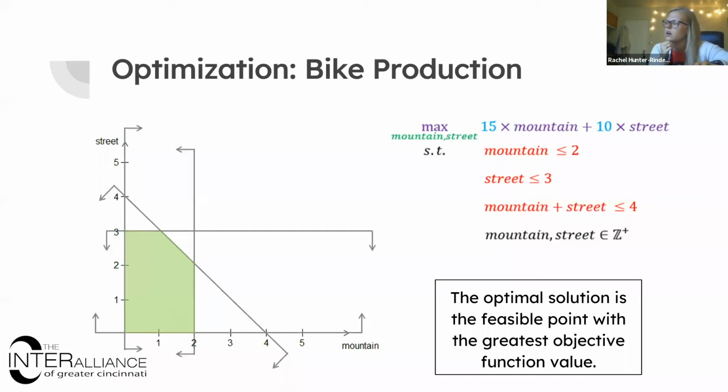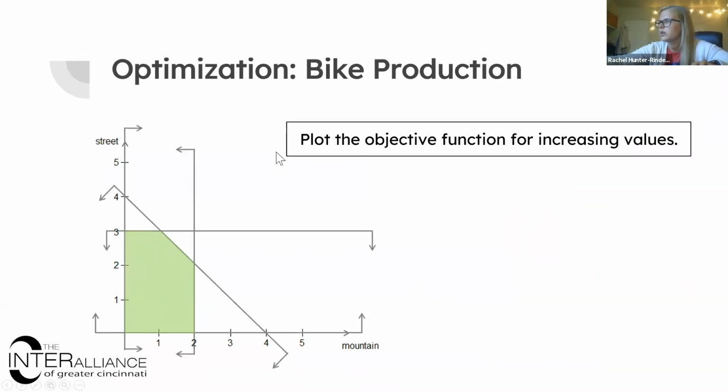The feasible region is where those combinations of decision variable values are considered feasible. They work with the constraints. And what we're going to consider the optimal solution, or the answer that we want to go with, is the feasible point, the allowable point, with the greatest objective function value. So if these are all of my options, where in this feasible region can I maximize my objective function value? Where can I maximize the profit, which is exactly what I said I was after in the problem.